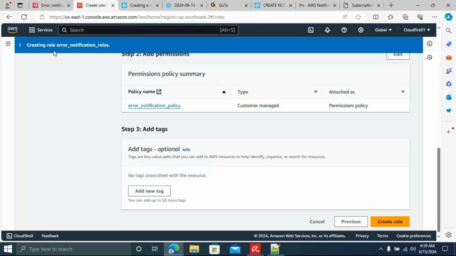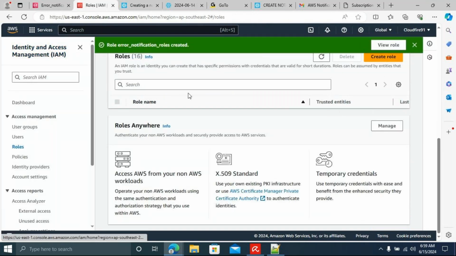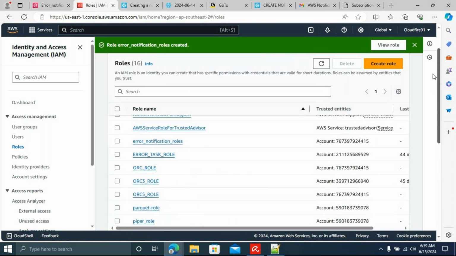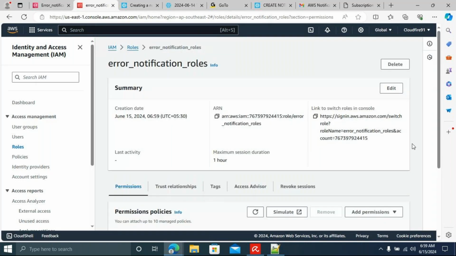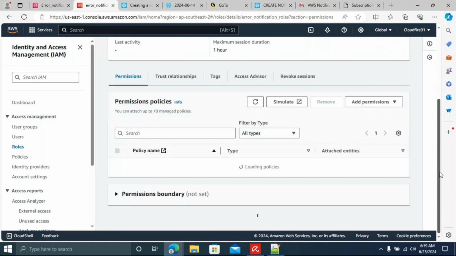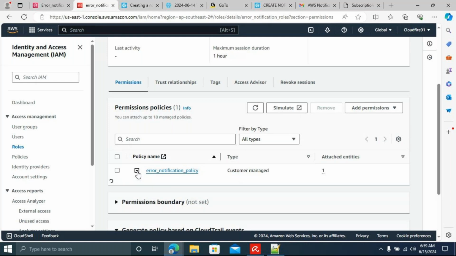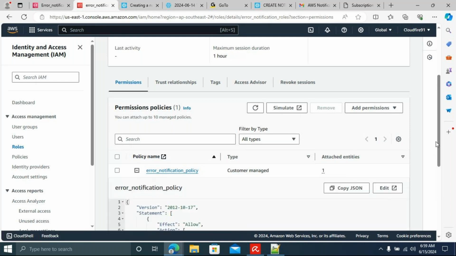Now if you come here, this is the role I created. Just click on it. Now you can see one policy got attached, the policy we created. What does the policy contain?